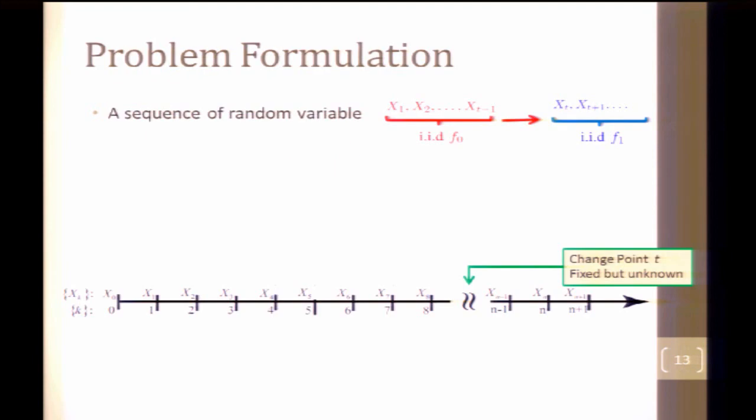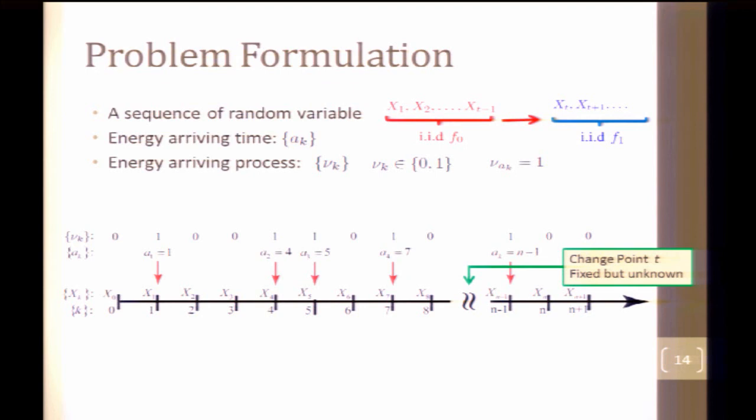So again, we have a sequence of random variables, x1, x2, and so on, and the PDF of this sequence will change at a certain time. We don't know when, and we want to detect this. So we have this energy arriving process. We use A_k to denote the time instance in which energy comes. It's a random process, and we use mu of k to denote